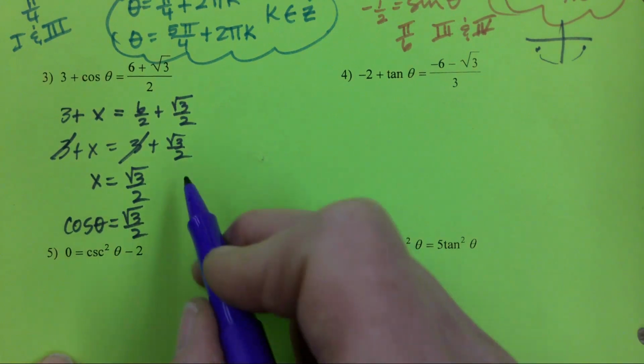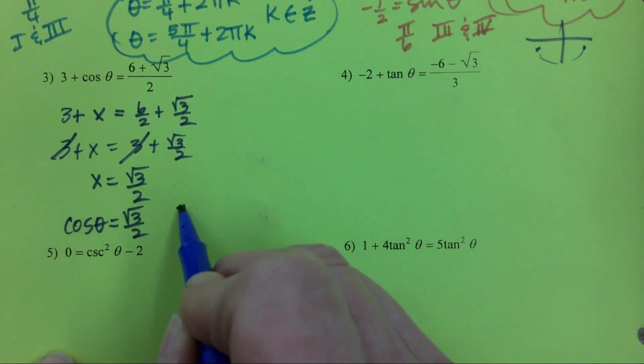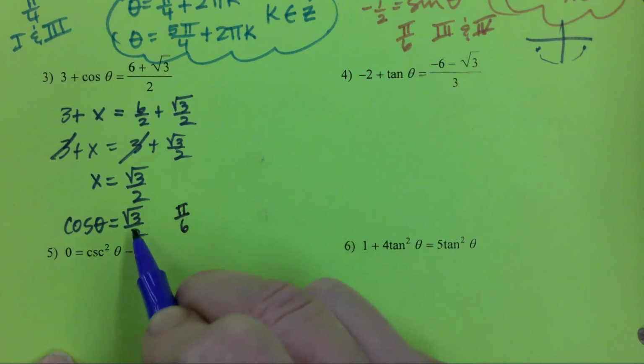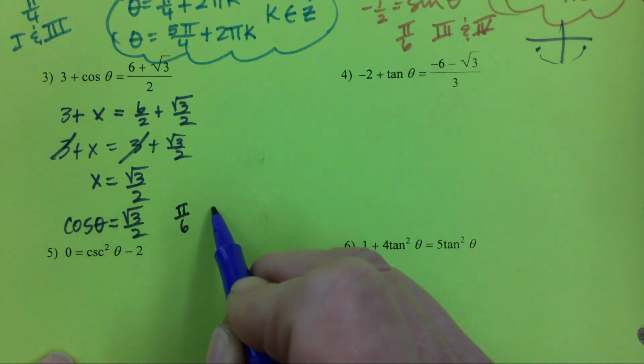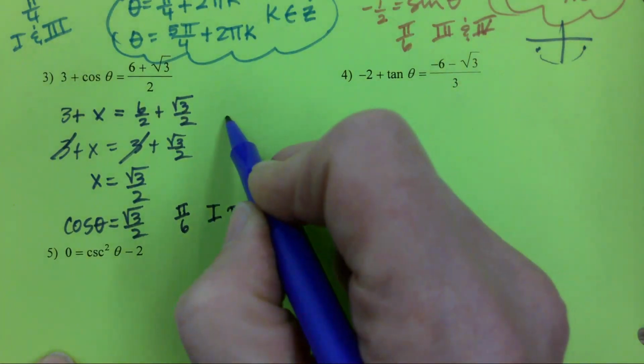So the cosine is the square root of 3 over 2 in what family? Pi over 6. And in what quadrant? Positive. First and fourth. So theta is